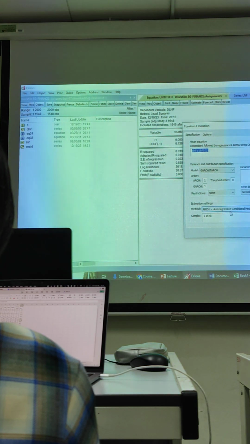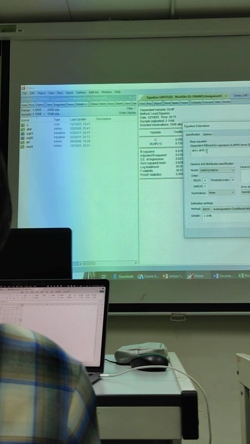Then now we go further to the volatility model, which is used when there is an ARCH effect. So how are we going to handle it? If we do not tackle this ARCH effect, there is a problem in the parameters as well as the standard errors and the test statistics. So you see your mean equation. In the volatility model, there are two parts: one is the mean equation, the other is the variance equation, what we call the variance model.